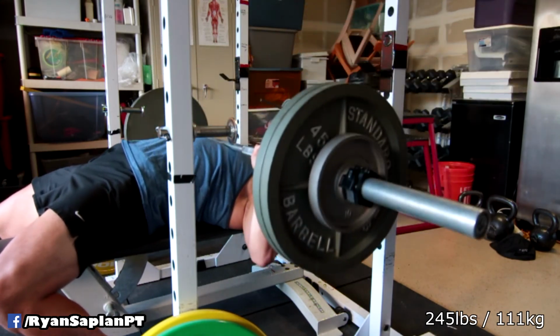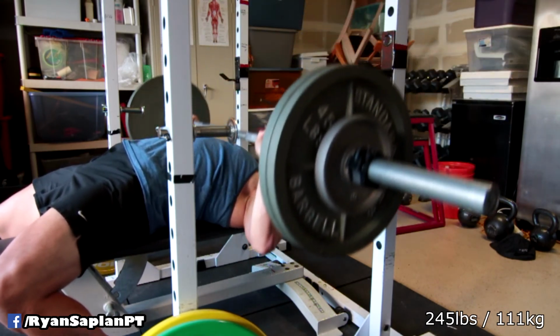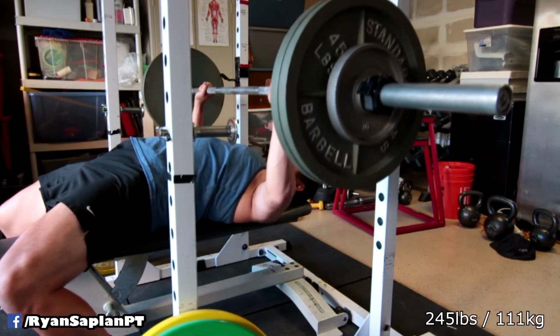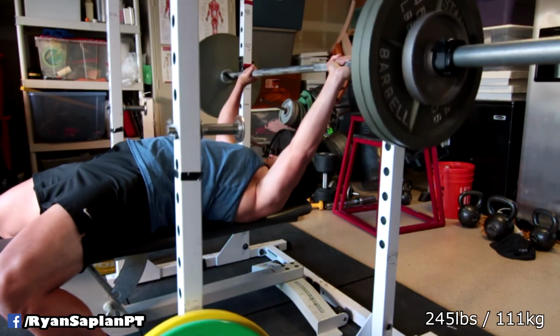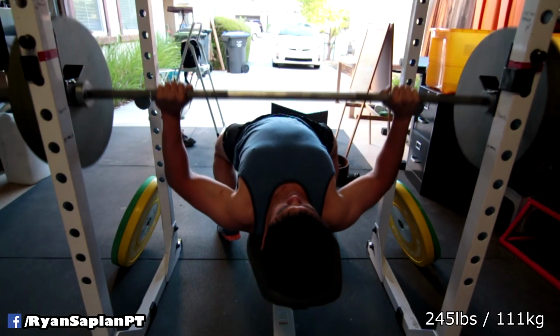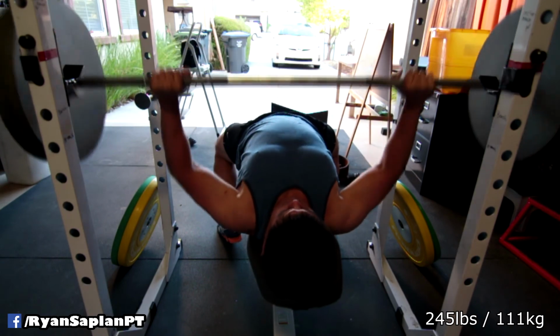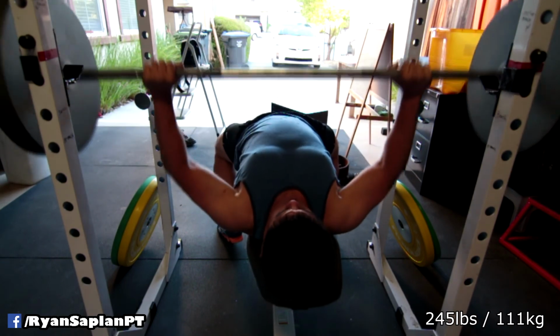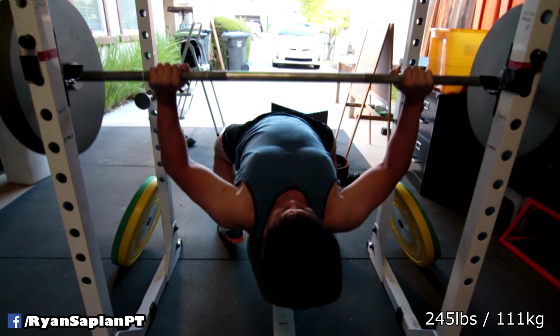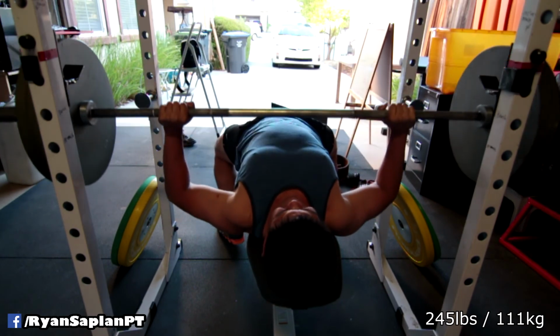But I have to say that this 245 felt super light, and then I stopped at 6 repetitions, and I'm watching this thinking, man, I think I could have done at least one more. That's what I usually stop at. But I think, again, this is where having a spotter really does help you get more volume, more reps and sets, and just keep going,